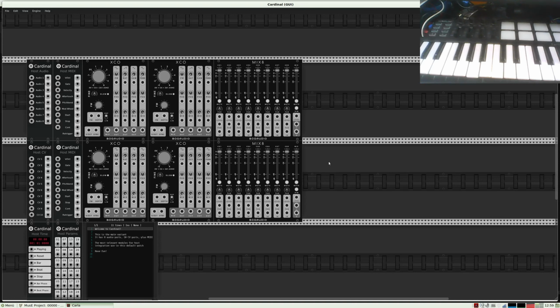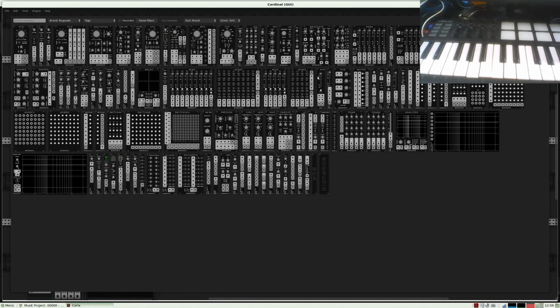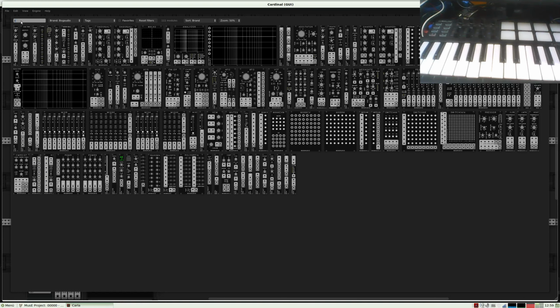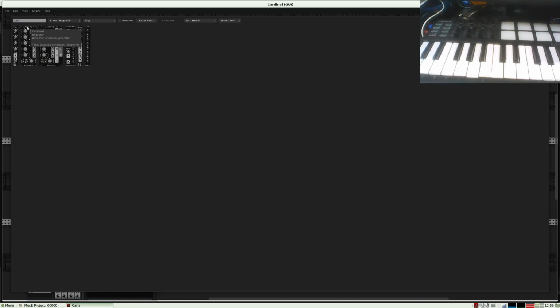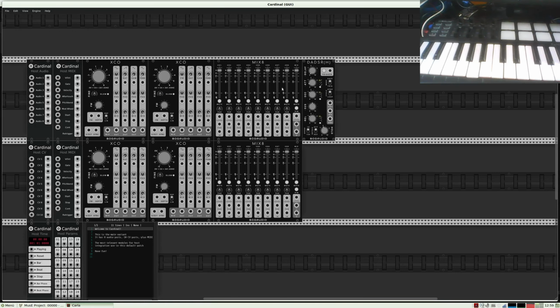Now I need the ADSR generators for the envelope. I press the right mouse button and I can input here ADSR, and I take this thing here. It's called DADSR H, and it's quite usable.